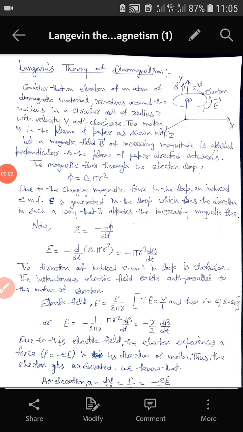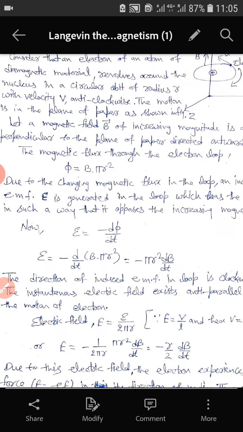Hello students. So today we will start our next topic, which is Langevin theory of diamagnetism. In this theory we will explain the reason of diamagnetism. For this, consider an electron of an atom of diamagnetic material